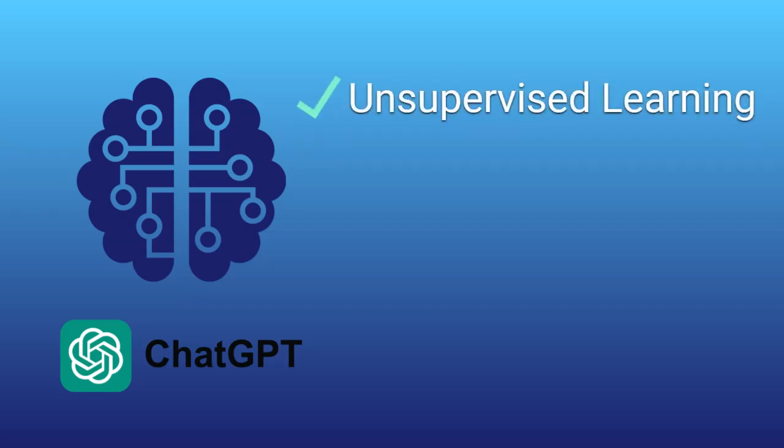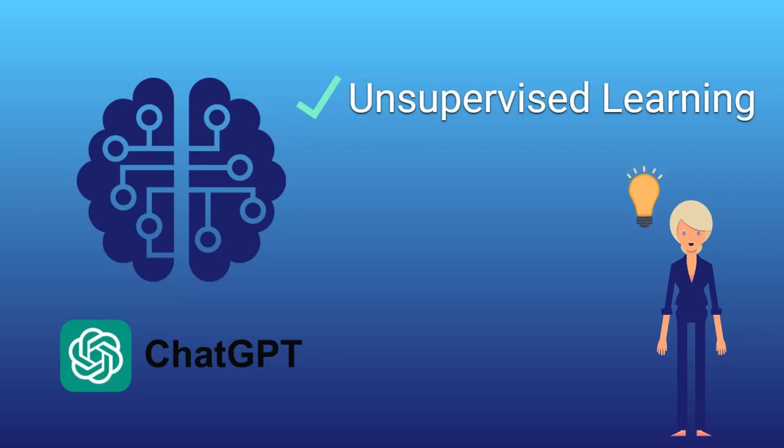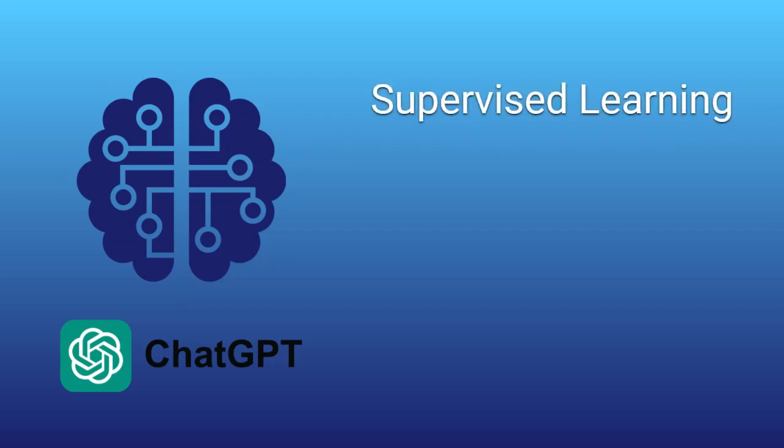intelligence. After ChatGPT has learned the basics from a vast amount of text data through unsupervised learning, it's time for the second step, the fine-tuning. Fine-tuning is like specialized training, making ChatGPT not just smart, but also useful and safe. Fine-tuning involves supervised learning. Unlike unsupervised learning, where the model learns from the data on its own, supervised learning is